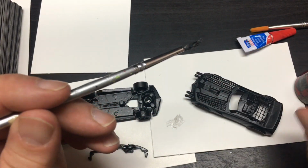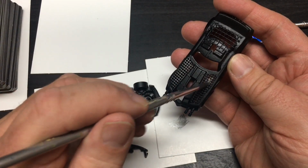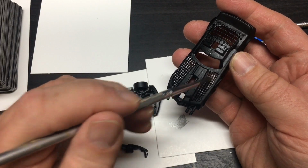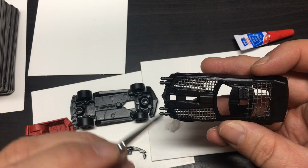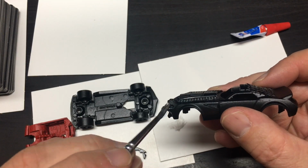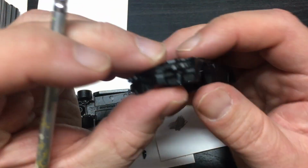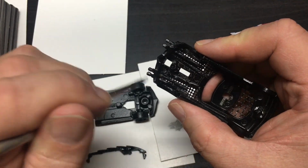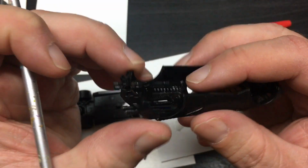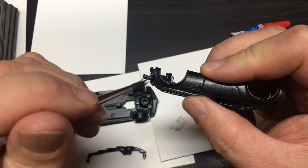Anyways, so I painted the car. I actually had to go out and buy some flat black. I wanted this thing to look like a really black car with really accented metal bits. So I just lightly painted the guns so they could stand out. I just used the same